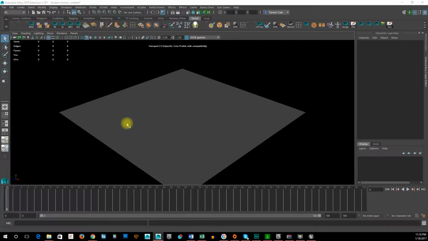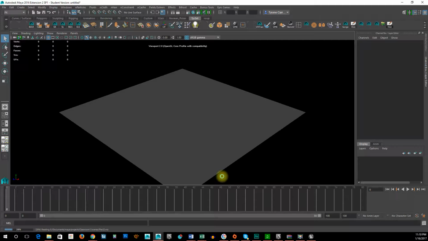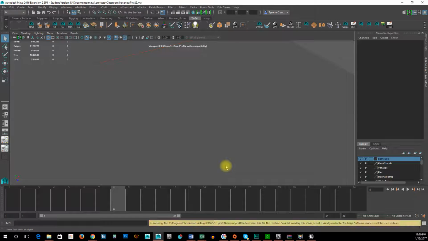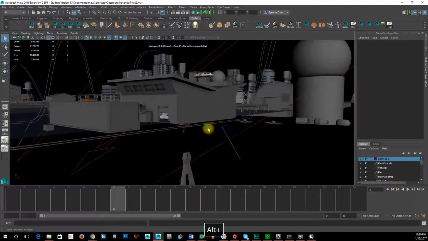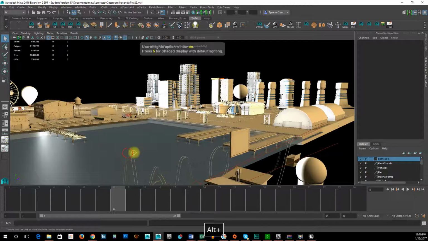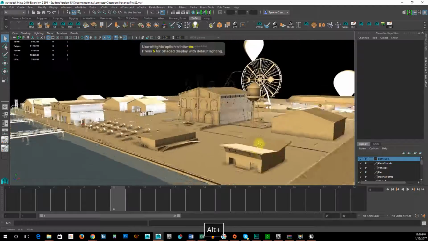So if I show you what I mean, what it looks like in Unreal, or excuse me, in Maya, you get to see a little bit of where it's heading. I have a whole ton of stuff open right now, so we'll see how that works. But just to give you a rough idea, if I zoom out, as you can see, it is a fairly large environment,